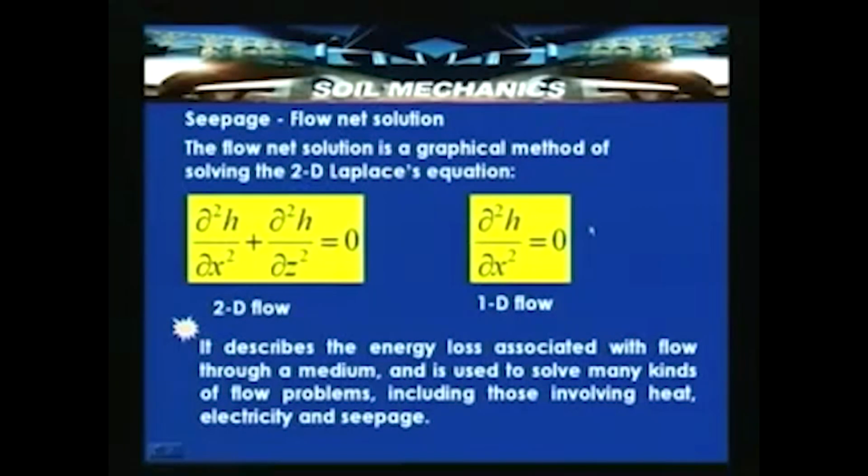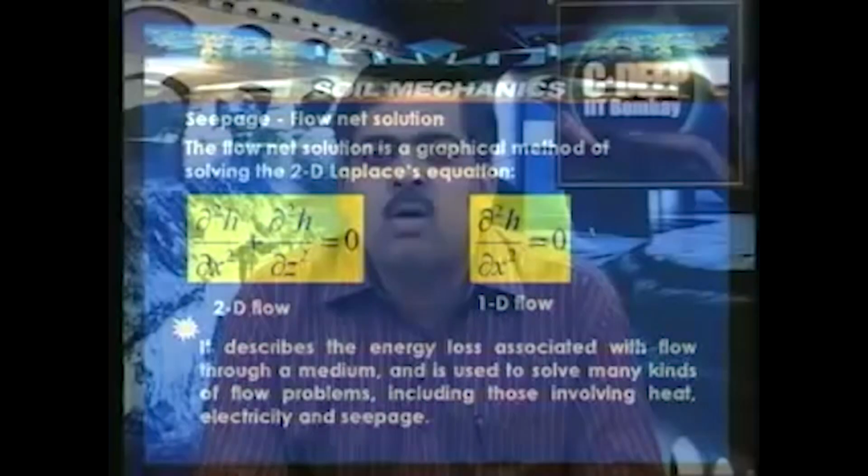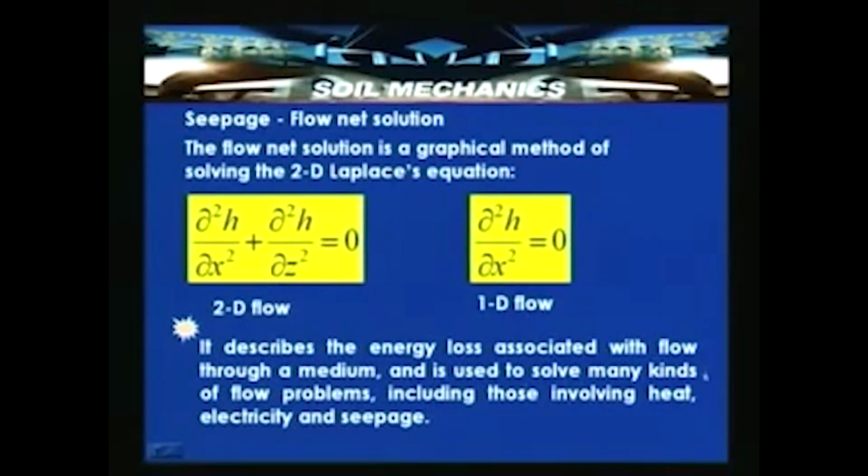In case of one dimensional flow, like ∂²h/∂x² = 0. So, if the flow is taking place only along the x direction, then it is called ∂²h/∂x² = 0. So, it describes the energy loss associated with the flow through a medium and is used to solve many kinds